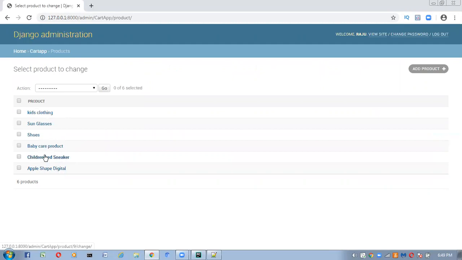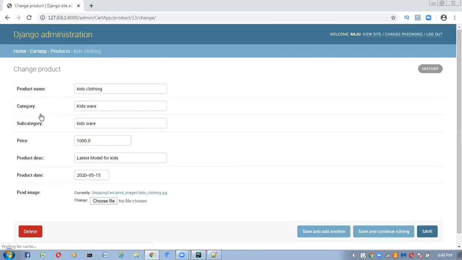Now if you click on these products, kids clothing, you see category kids wear, subcategory kids wear, price 1000, product description latest model for kids, product date, and product image. If you click on this one, you can see that image also.